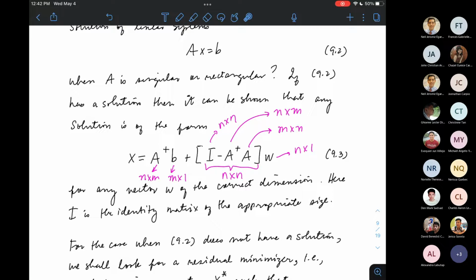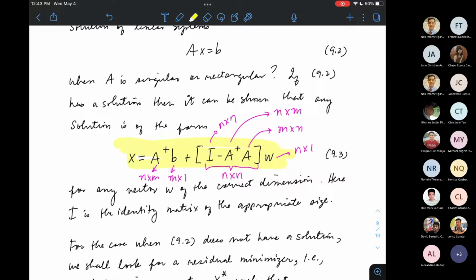Okay, hindi ko na siya ipo-prove just for our appreciation. Just believe that this formula is true. You can consult any numerical linear algebra book for the proof, but actually yung proof ay pwedeng gawin using the properties of the pseudo inverse lamang. Kaya lang hindi ko na present yung properties ng pseudo inverse kasi haba yung discussion. Now,